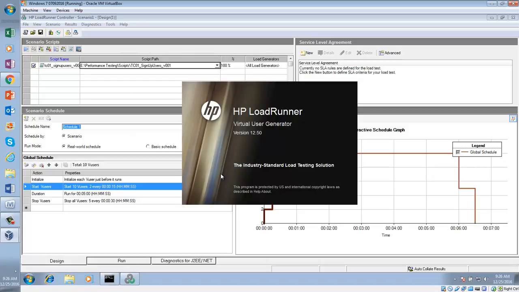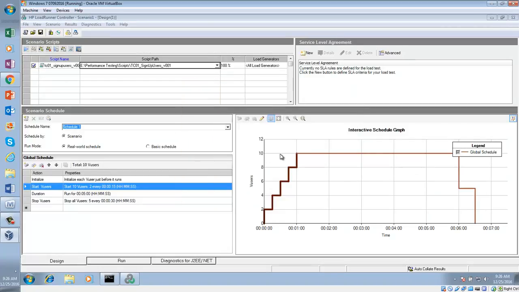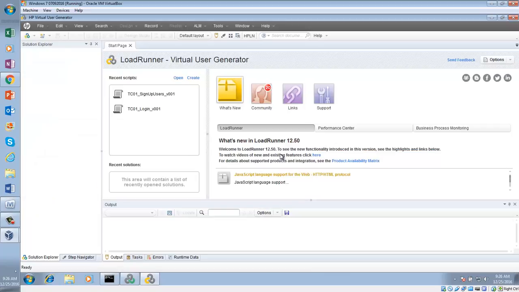Now, can you see I am opening the virtual user generator? Why do we use the virtual user generator? To see the script. We develop our script from the virtual user generator, but I have opened it and the script is not open.